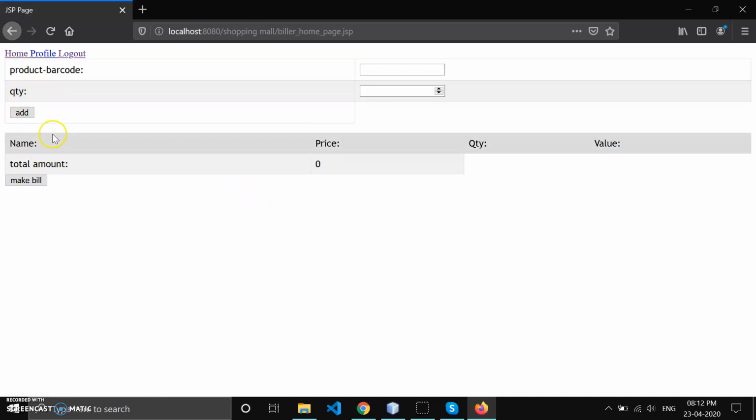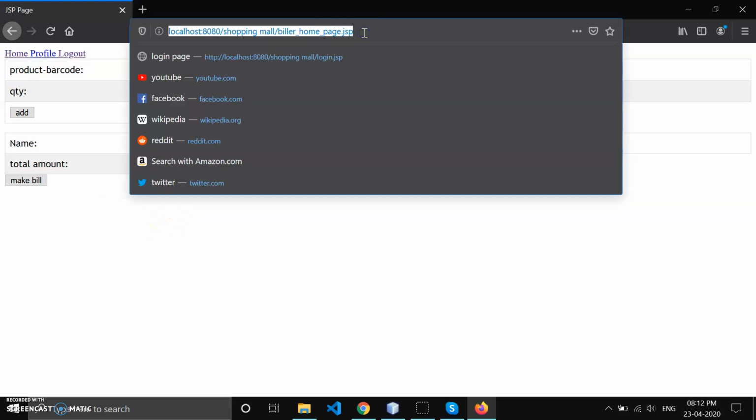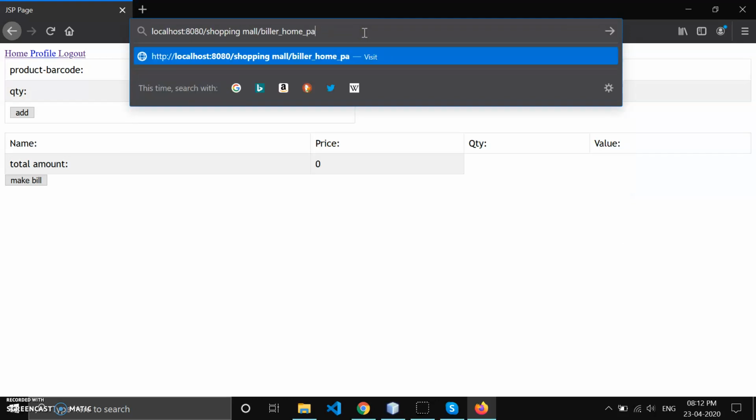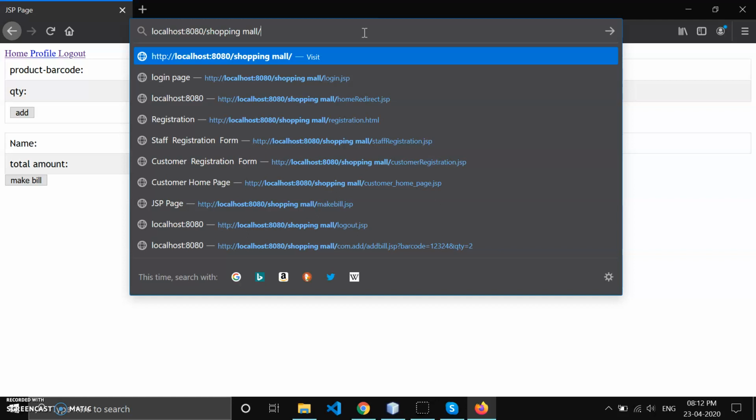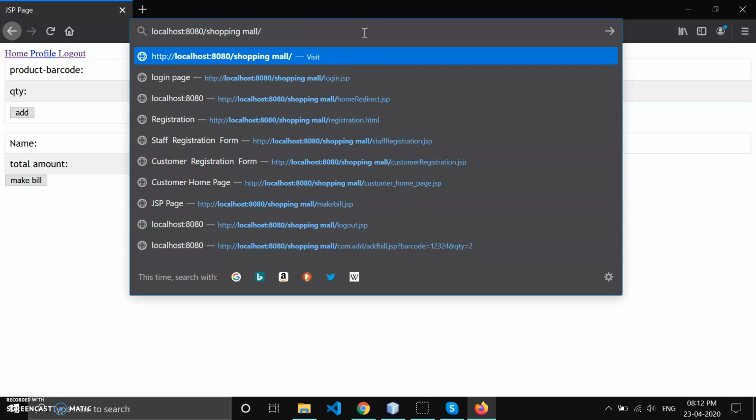So that's it. Also we have the security feature that the biller cannot access it if someone tries to access, let's say, the customer home page.